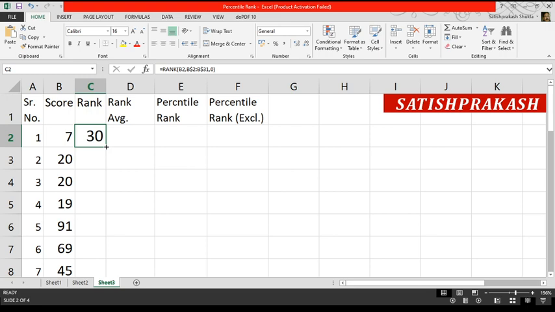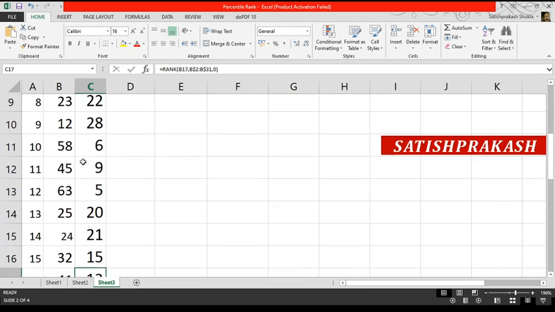It has become a plus sign. When it becomes plus, then you have to click twice rapidly. I am clicking twice rapidly, and you see what happens. The function is automatically copied and pasted to all the cells